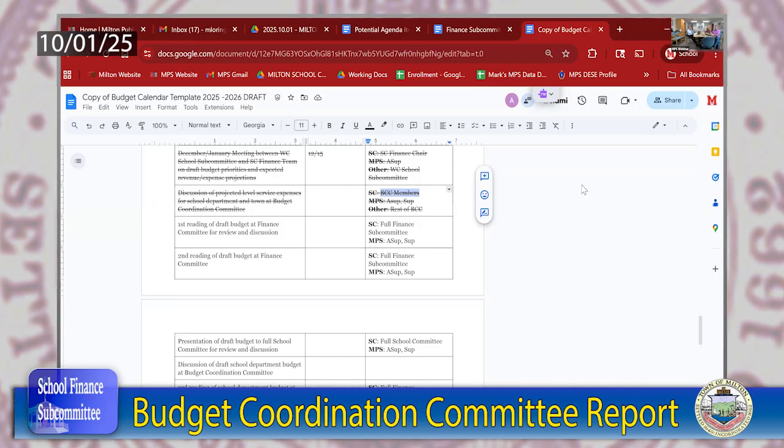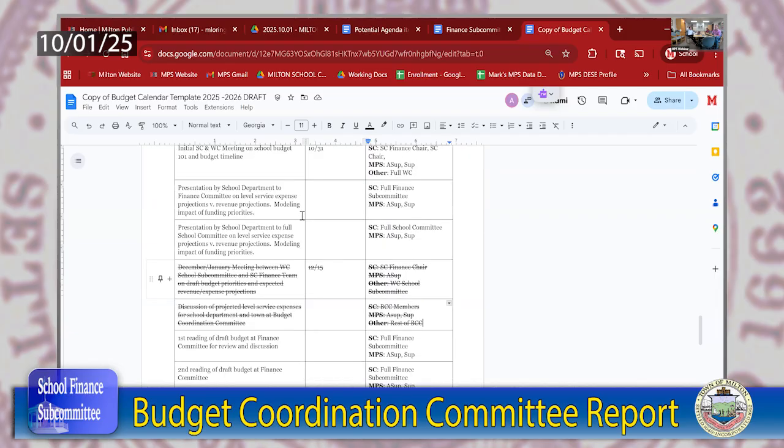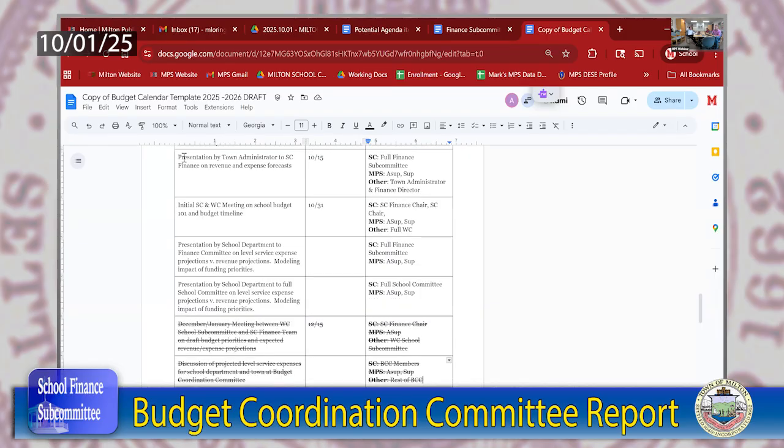Mostly that is kind of the FYI, but again, this is the place in which we are talking about kind of the two goals, and I think John's right in that it was kind of still up for discussion, but the two goals being discussion of the current year budget, right? Where are we sitting within the current year budget? What are the towns seeing? What are the schools seeing? Let's talk about this. That's why I mentioned previously that the town administrator's presentation to us on 10/15